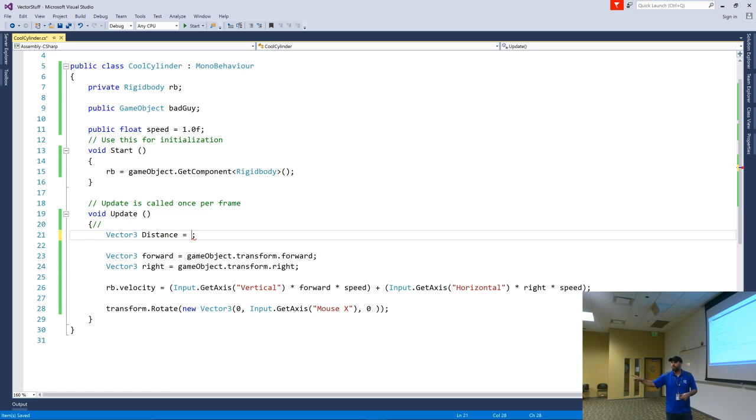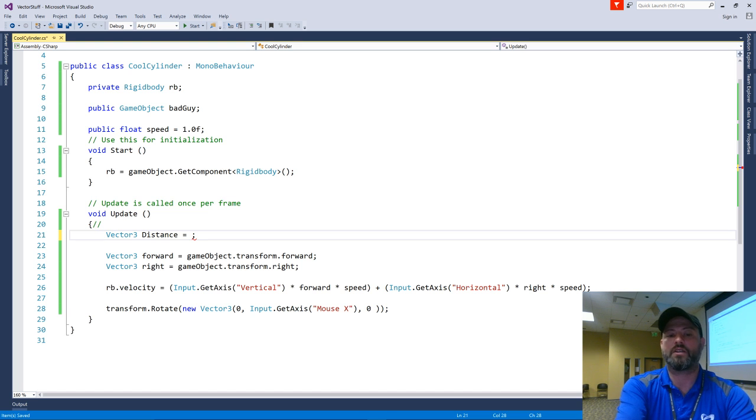Direction and magnitude, right? So I'm going to make a vector pointing toward this guy. This is important because not only do I know what direction he's in, I also want to know how far away he is. Because if I'm really far away, should he be able to see me? No. Okay? So I'm going to make a vector pointing to him.